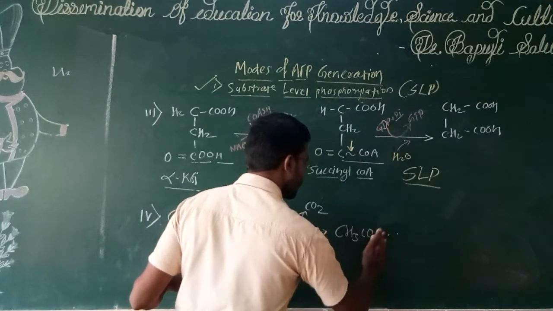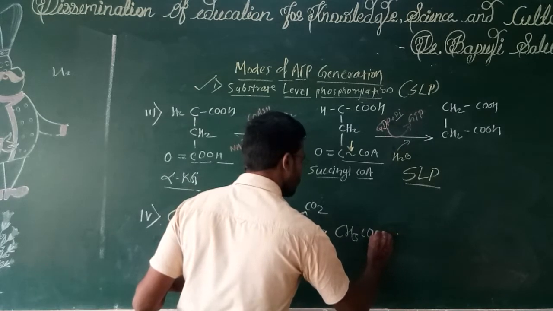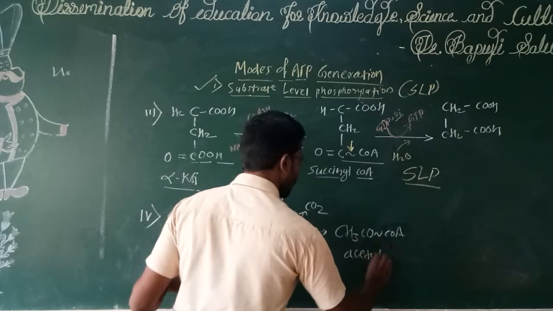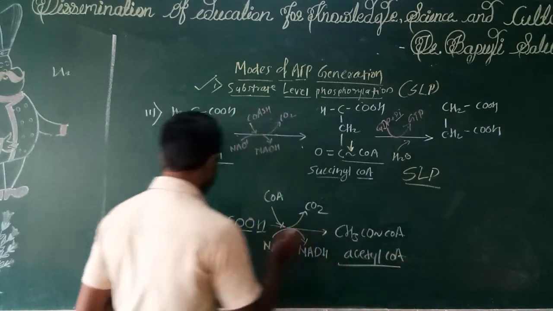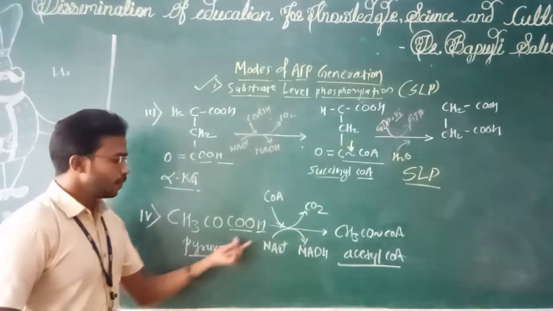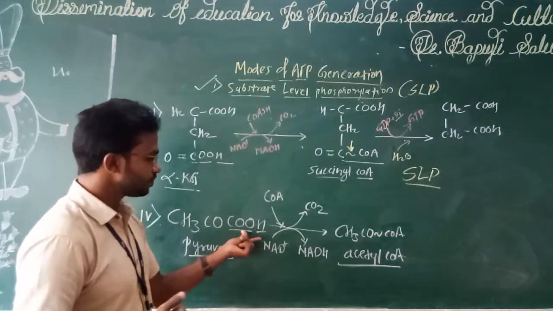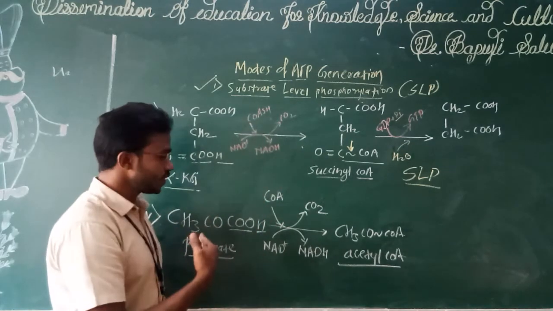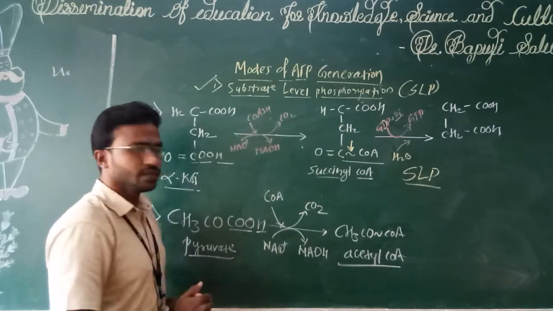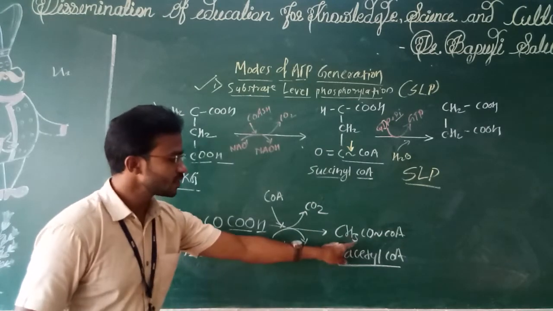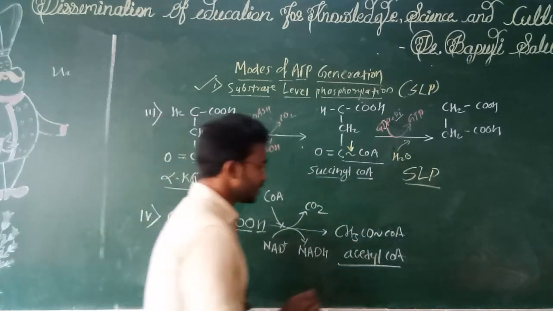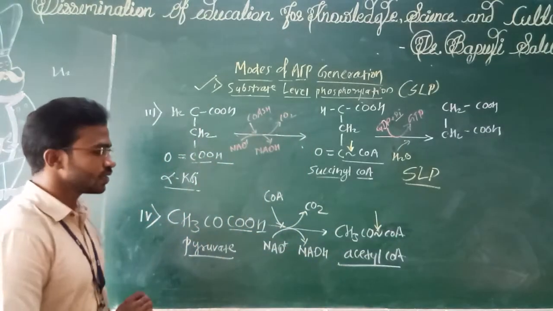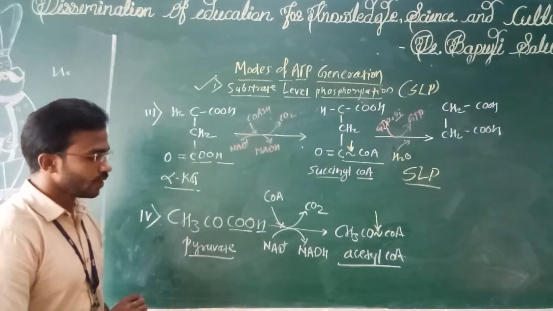This is a high energy containing bond. Coenzyme A. Acetyl-CoA. काय झालं बघा या रिएक्शन मध्ये? हा पायरुवेट मॉलिक्यूल आहे. पायरुवेट अंडरगोज ऑक्सिडेटिव्ह डिकार्बोक्सिलेशन. Hydrogen accepted by NAD, CO2 is released, decarboxylation, and coenzyme A is replacing the CO2. That forms CH3CoA, that means acetyl-CoA. This is a high energy containing bond. Again, high energy containing bond, acetyl-CoA.